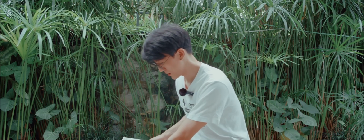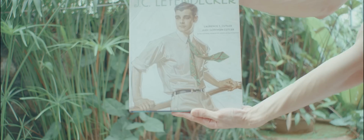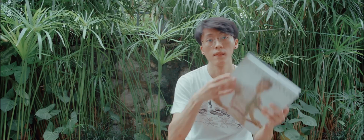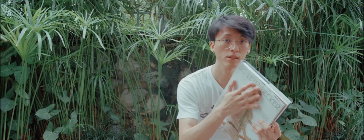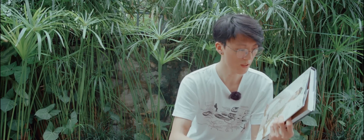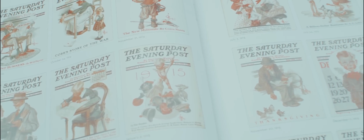Okay, next one, for someone who is more interested in the classical style of illustration, this is the J.C. Leyendecker collection by Cutler and Cutler. Now, there are a couple of different publishers out there who have J.C. Leyendecker books. They're all great because they're all just J.C. Leyendecker paintings. This one I like because it has a collection of all the covers that he has done for